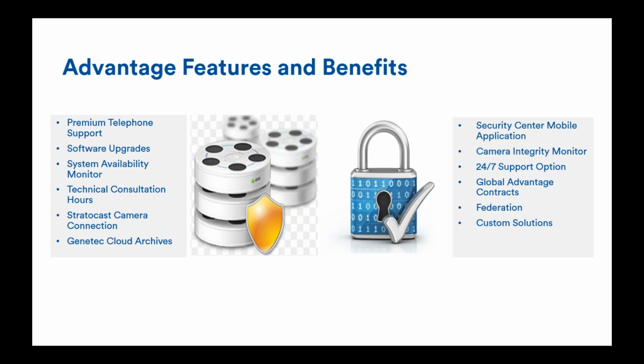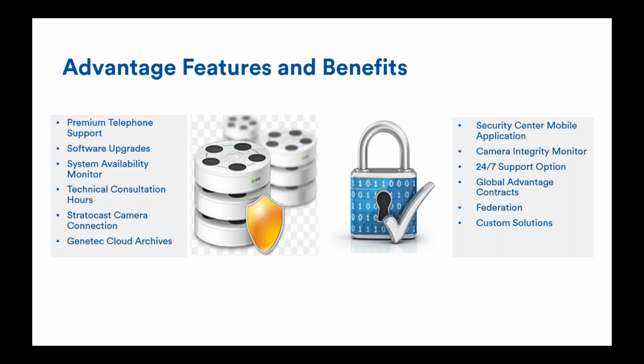We'll move on into software upgrades, the system availability monitor, and then we'll move into some of the complementary benefits that come along with the Advantage program: the technical consultation hours, Stratocast camera connections, the Genetec Cloud Archives, the Security Center mobile apps, camera integrity monitors, and then we'll move back over to some of these support pieces of the Advantage program: the 24/7 support option, global Advantage contracts, federation licenses and how Advantage is put with those federation licenses,